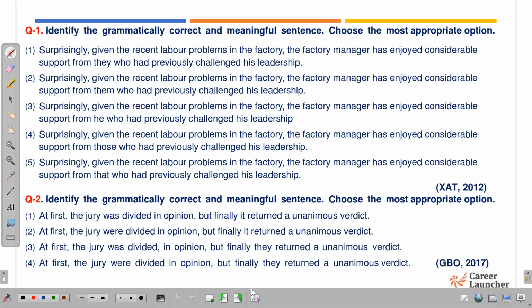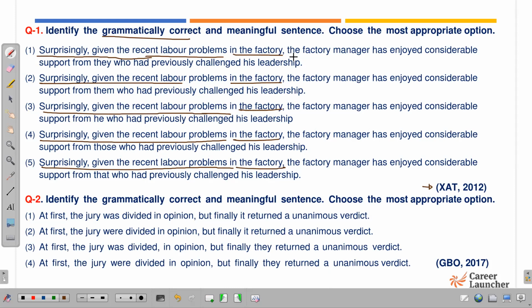Okay, let's move to this one. Okay, now this was a very interesting question. The questions on understanding the grammatically correct question. This is a that question, and how should we do these kinds of questions? I think you should first scan them vertically, not horizontally, vertically. So surprisingly given the recent labor problems, okay, surprisingly given the recent problems in the factory,